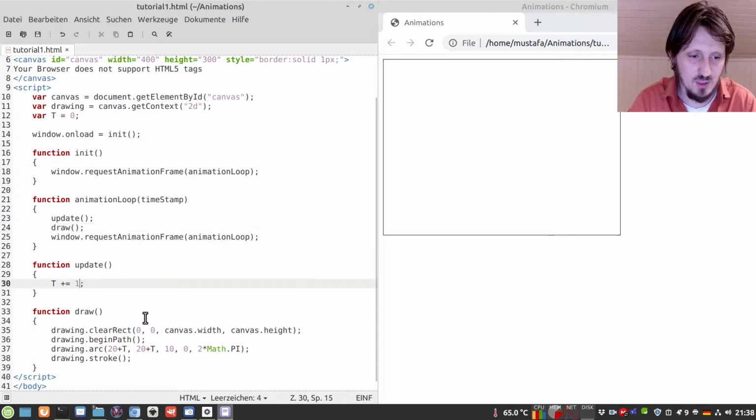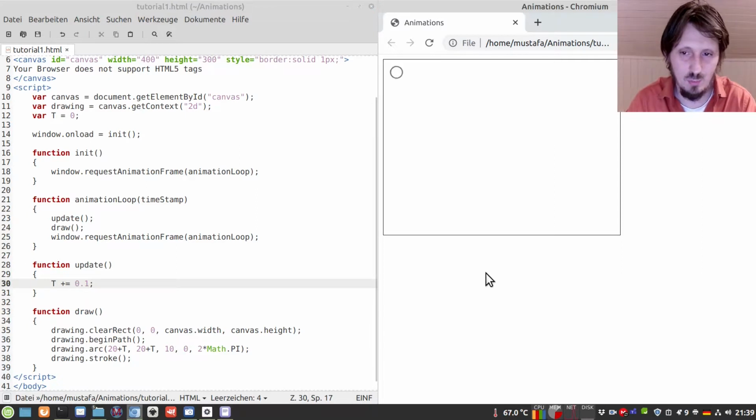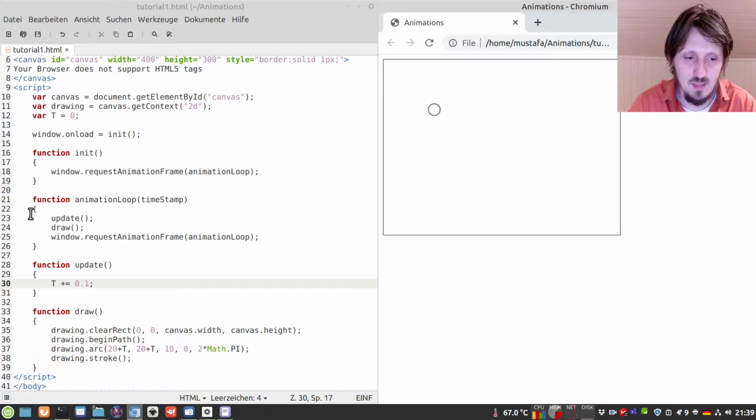And of course you could change this animation speed by changing this value here for t. So now for every frame we want to add 5 pixels instead of only 1. When we do this, it's going of course very fast. Or we can also write a smaller value, for example 0.1, and then as you can see it moves quite slow. So this is a very simple animation. I think it's not possible to make it more simple. And you can already use this to extend it, and use it for whatever you want to animate or simulate.